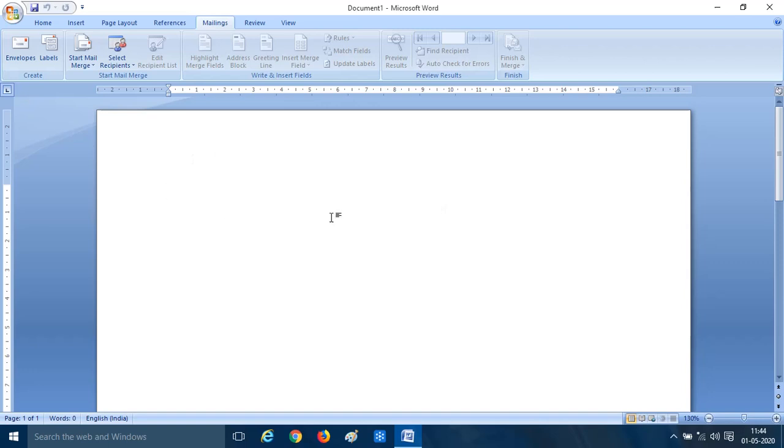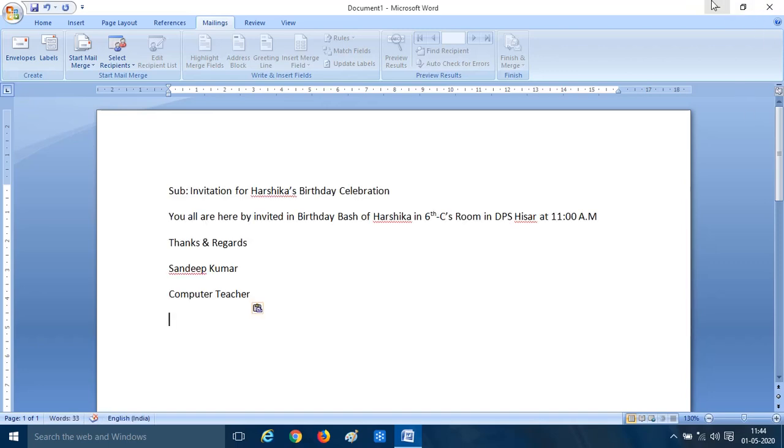So in morning we were creating an invitation letter for Harshika's birthday. She's having birthday today. So for organizing party we are inviting our class. For that we were writing a matter. That matter I have copied and I'm pasting it here. Like the subject for the letter is invitation for Harshika's birthday celebration, and the body part is you all are hereby invited to the birthday bash of Harshika in 6C room in DPS Hisar. At 11 was already gone, so I'm writing it's